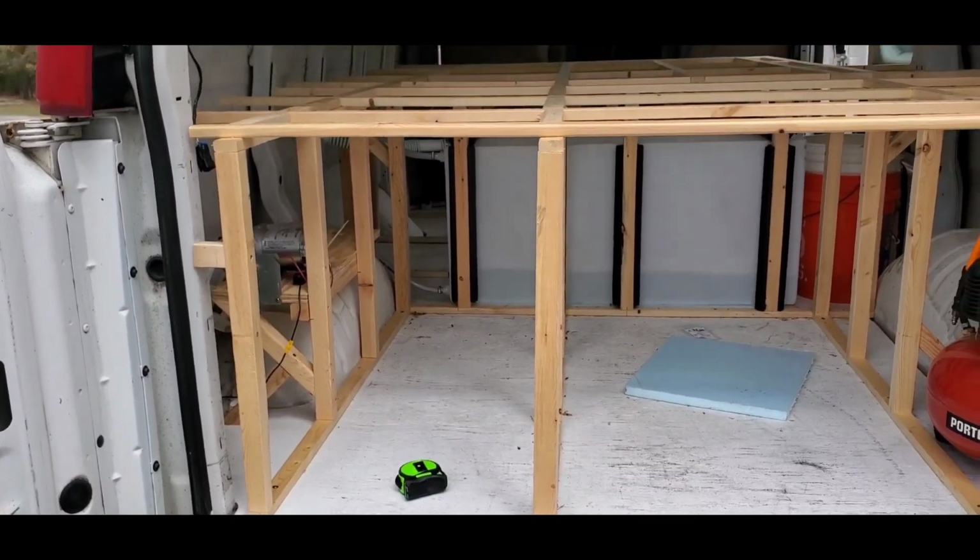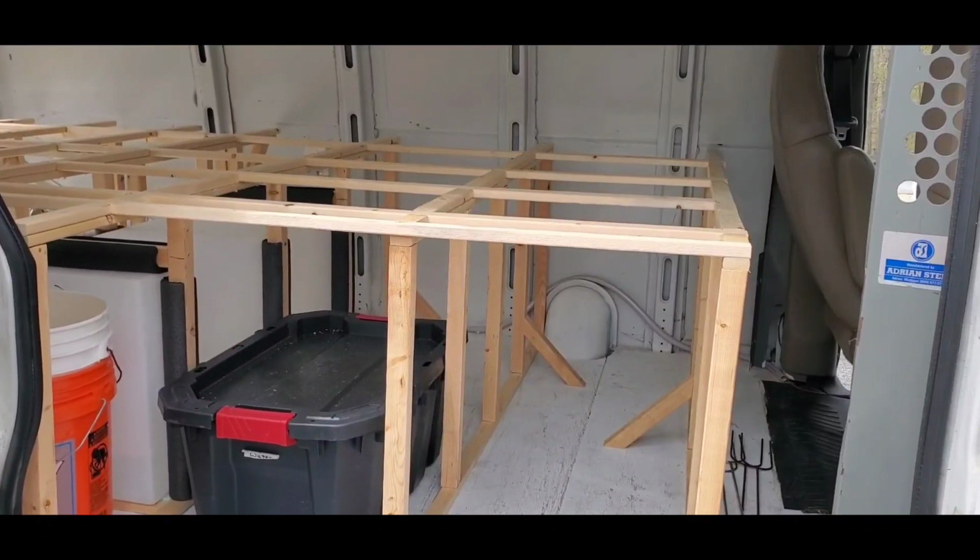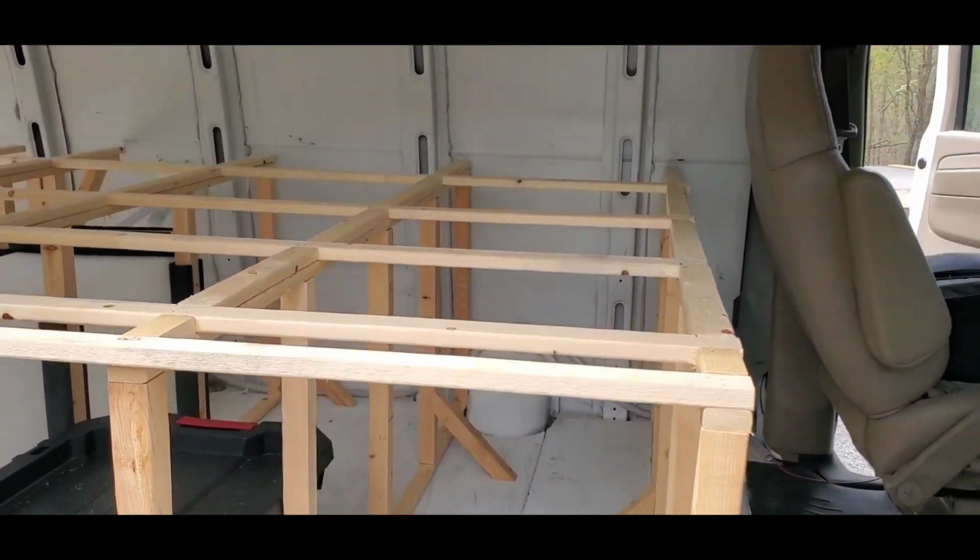All right, now we're going to show you some other stuff here. We're going to show you the framework. We'll be right back. Okay, now we've got all the framework completed,